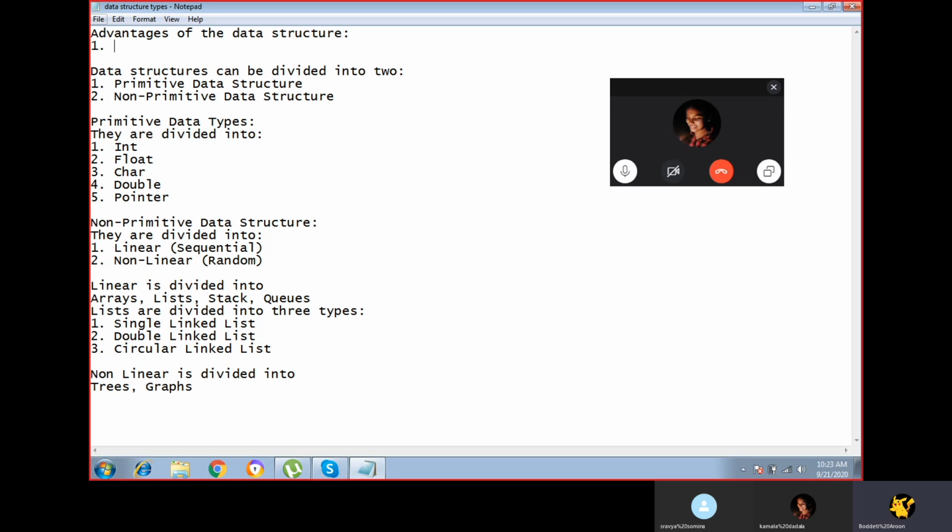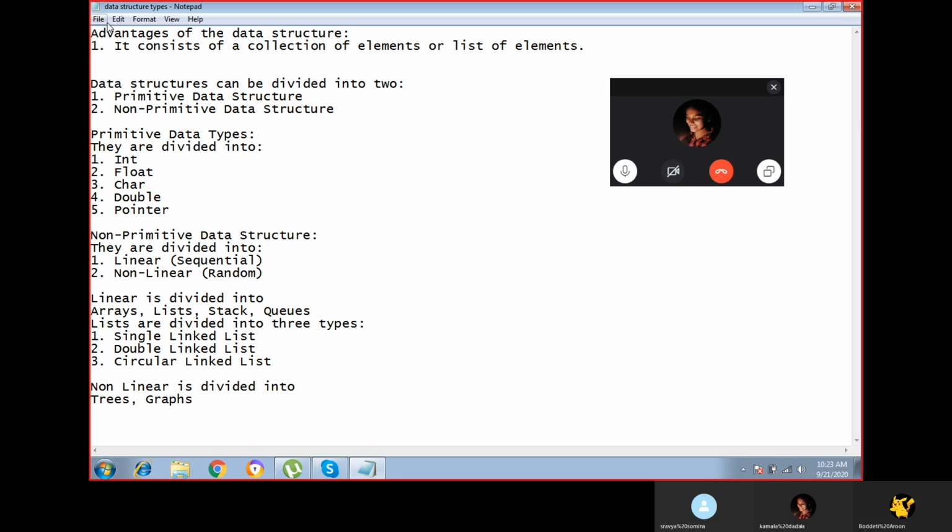The first advantage of the data structure is that it consists of a collection of elements, or a list of elements.